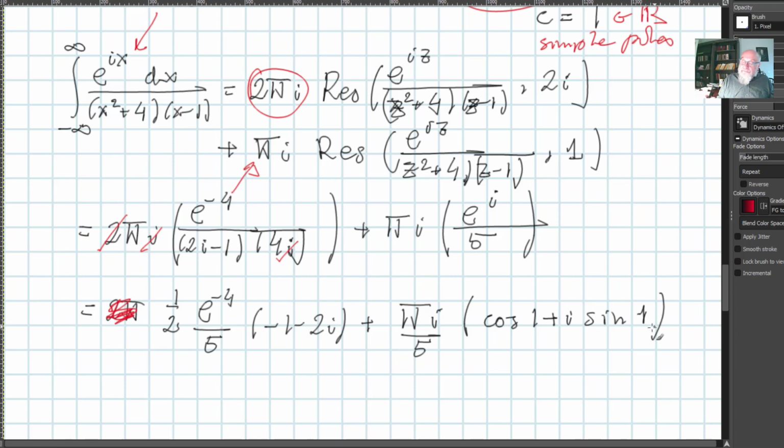Times 1/2, and then simplify it, so I'm getting here the real part is e to the power minus 4 divided by 10, and